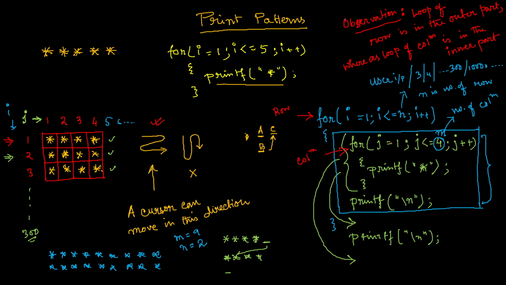So if I want to change this pattern a little bit, for example, one thing here is that the number of stars in a particular row does not depend upon the number of columns, or the number of stars in a particular column does not depend on the number of rows. What I mean to say is that in each and every row, the number of stars that you have to print is fixed. But in other patterns, maybe I can change this rule.